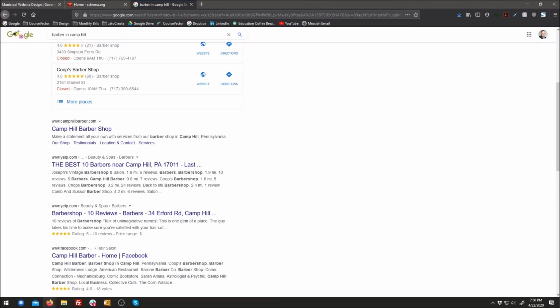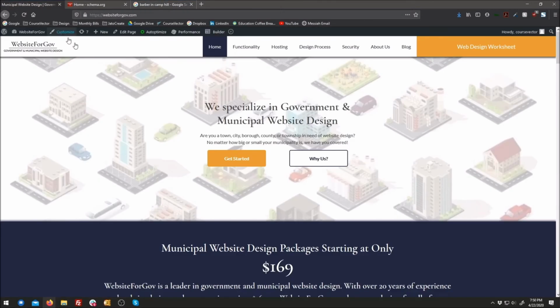All right, so those are the SEO plugins, and I think that's about it for technical aspects. I'm going to go into the front end aspects now, which those plugins will help out with. That's why I wanted to end the technical and work my way onto the front end. So I will go back to the website for the municipal or government site that we have, and I'll talk about the front end. When we do this, we typically say that we're optimizing the page, or the content of the page,